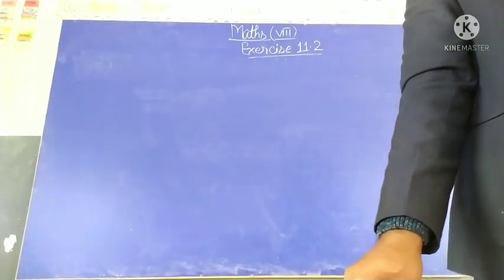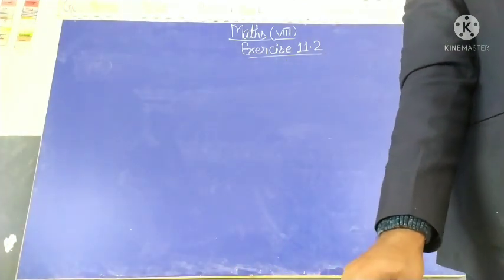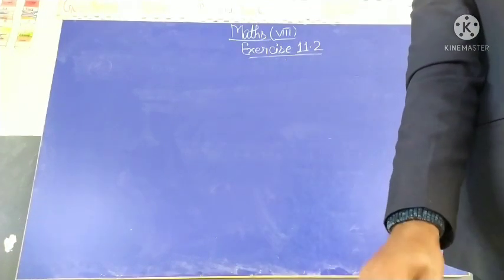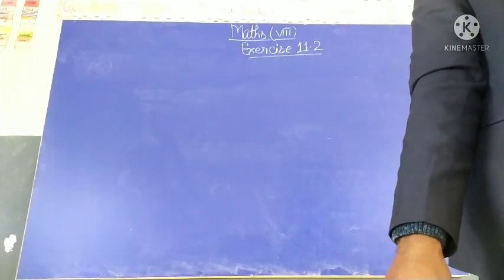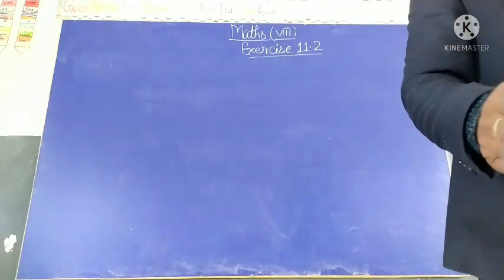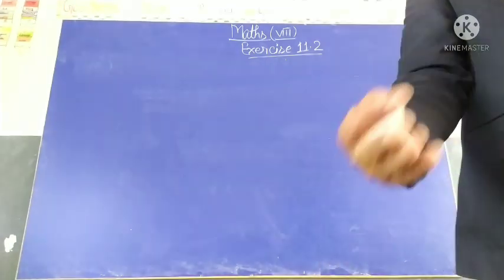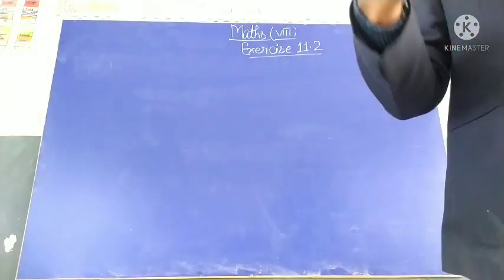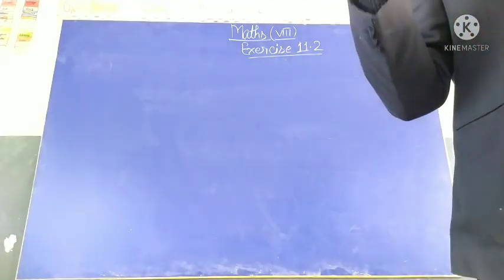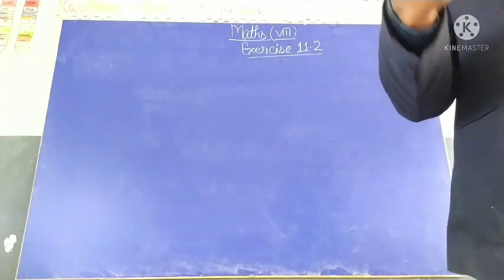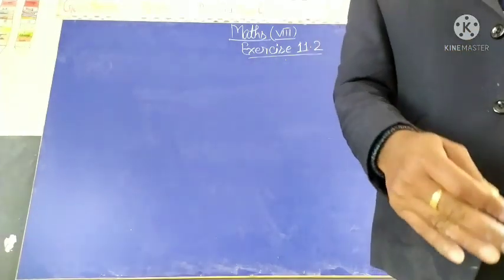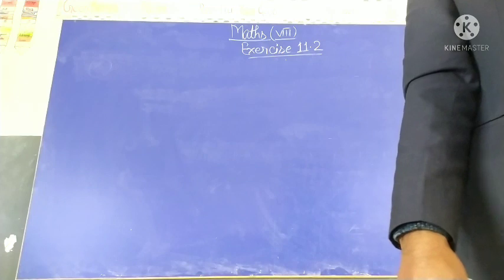This means first of all you find out the area of one tile by using the diagonal formula of the rhombus, and then you multiply the area of one tile into 3000 tiles, you get the polishing area of the floor, and then you multiply the polishing area of the floor by 4, you get the total cost of the polishing. Clear?